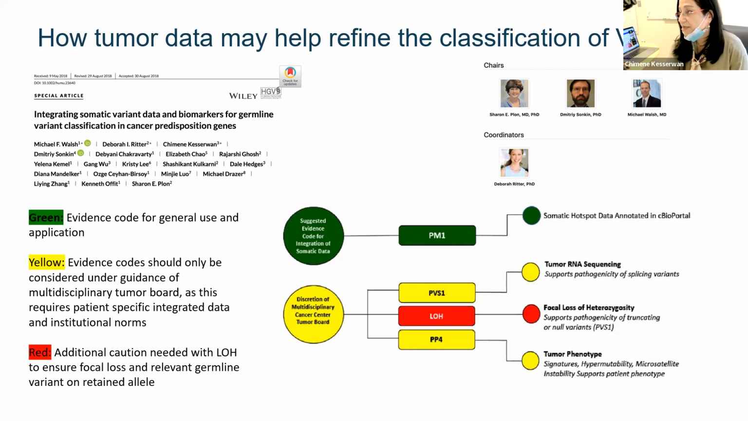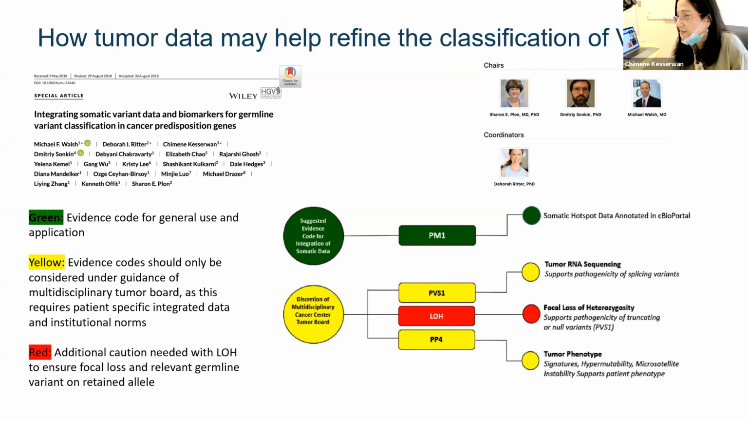Therefore, ClinGen established a multidisciplinary working group, the Germline Somatic Variant Subcommittee, with this specific focus in mind. Here are the leaders of this group, and you all are familiar with them: Sharon Plon, Dimitri Sonkin, Michael Walsh, and Deb Ritter. So, as you see in this graph, after meticulously reviewing and analyzing available resources and performing many somatic